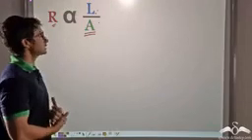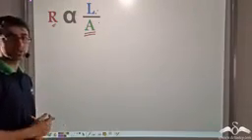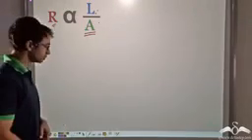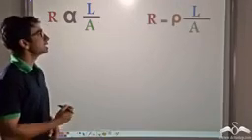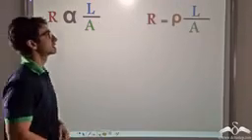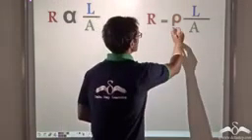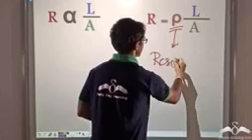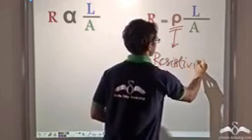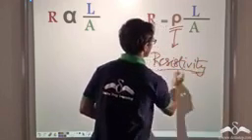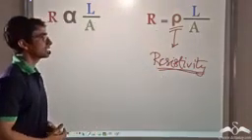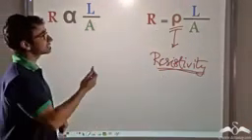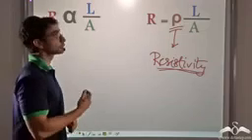So from this relation, we have to arrive at a relation for equality. How can we do so? We write resistance equals L by A times rho. This rho is known as resistivity. Rho is a quantity that is known as resistivity, and in this case it is also the constant of proportionality